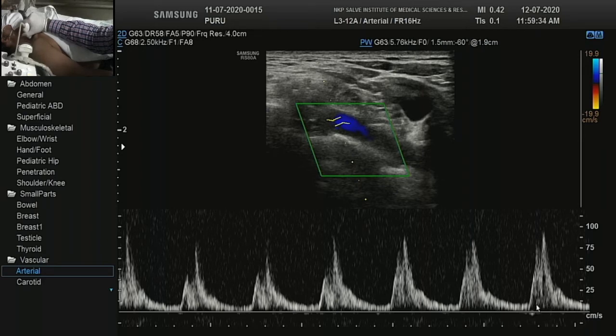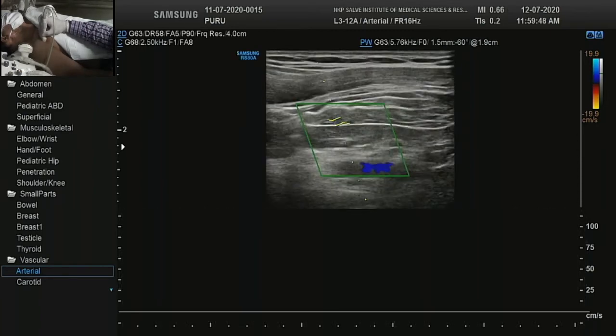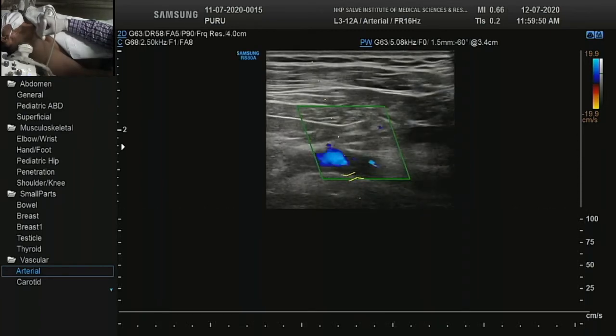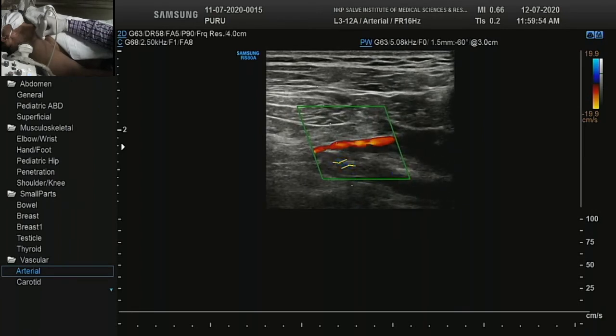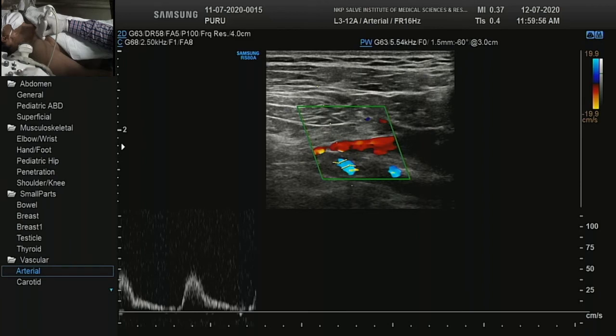There is continuous forward flow. There is diastolic flow, because all this blood is coming from the vertebral artery to the subclavian. So there was a question regarding spectral filling and spectral broadening. What is the difference? I will explain in some time. So we'll just screen the distal arteries, same flow.